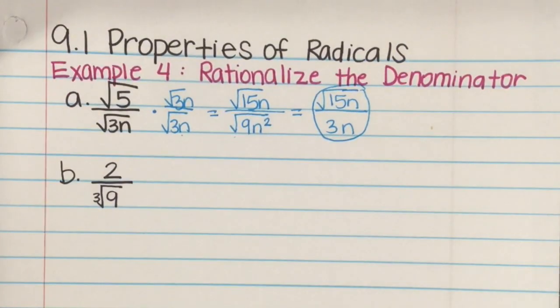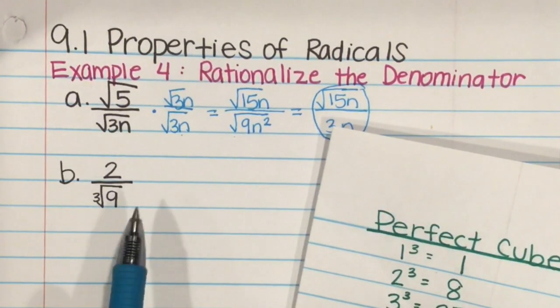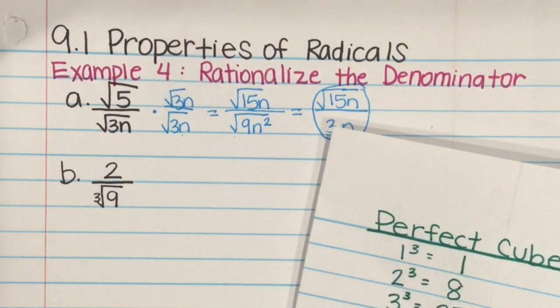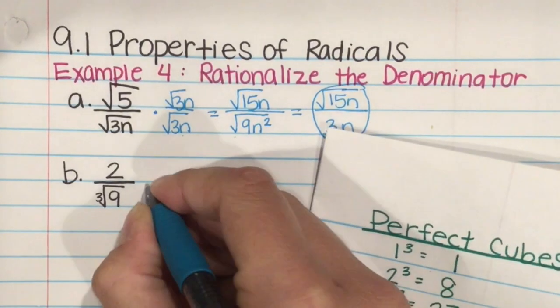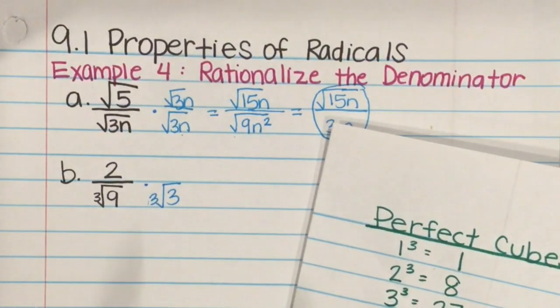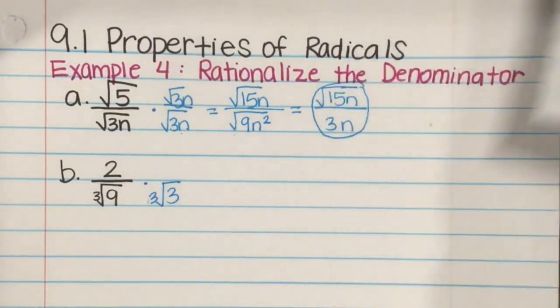All right, in letter B, it's going to be similar, only this time instead of having a square root in the denominator, we have a cube root. So it's going to be helpful to look again at your perfect cubes. And I have to think about what can I multiply 9 by so that I'm going to get to a perfect cube. So right away I can recognize that if I multiply by the cube root of 3, that's going to multiply and give me the cube root of 27,